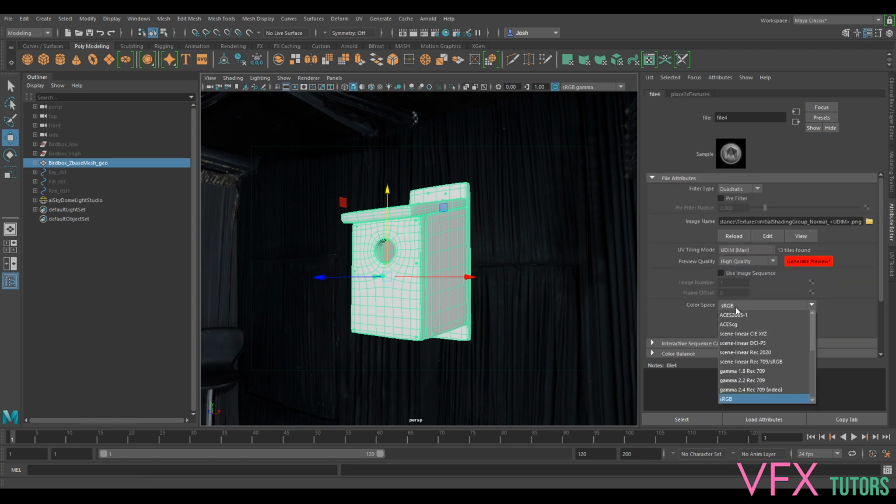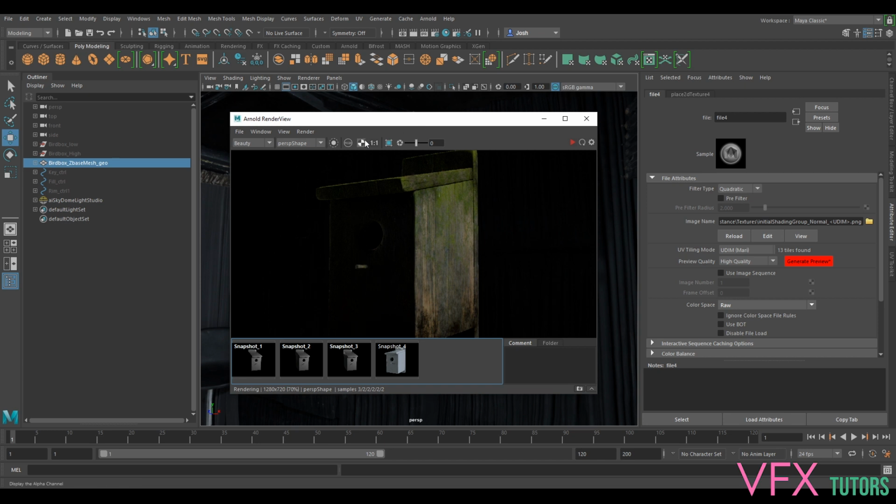Okay, so our normals did come in as sRGB. So make sure that comes in as raw. I forgot to change that. So you will have to, if we go render, update full scene. Hopefully that should overwrite the TX files. Oh, it says